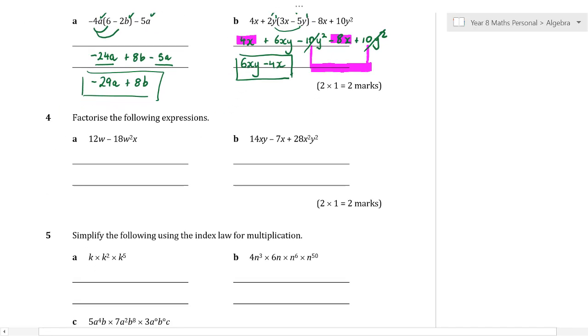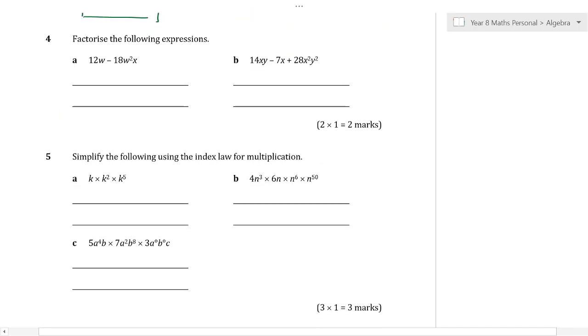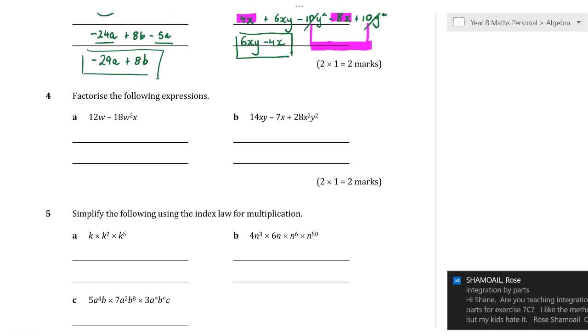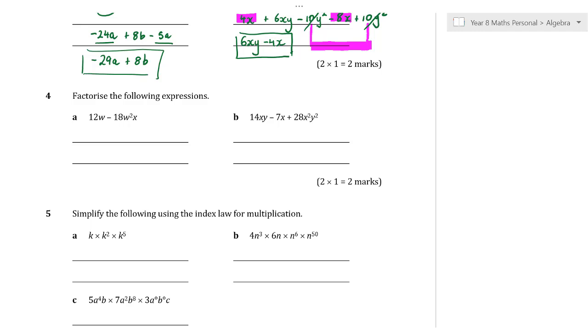All right, I'll just take a little breath there. We don't have too much more to go, and I'm trying to get through this as quickly as I can. Now, just quickly,